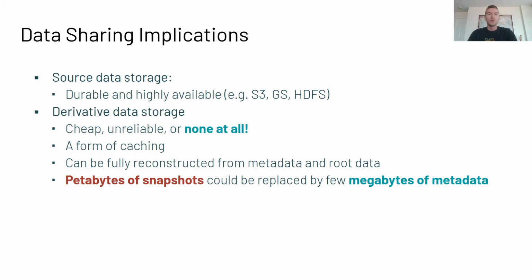One of the most interesting implications I want to highlight is the one around data sharing. For the source data, of course, because it's not reproducible, we still want to use durable and highly available storage, just like all of the RDBMSs are using now. For derivative data, however, we're free to use any cheap, unreliable, or even no storage at all, because derivative data is essentially a form of caching, right? Because the transformations are deterministic, you can fully reconstruct it by just having the source data and the